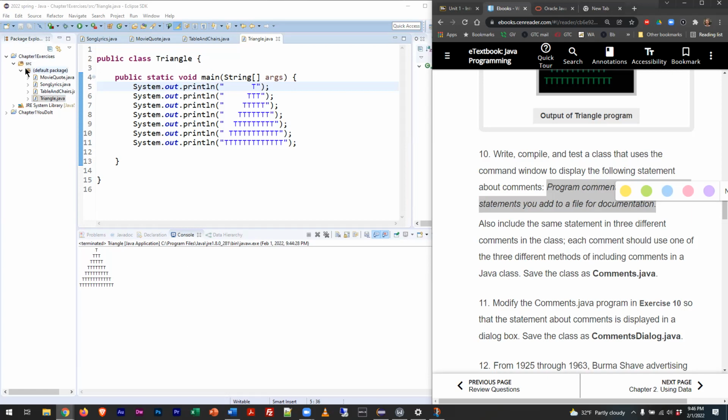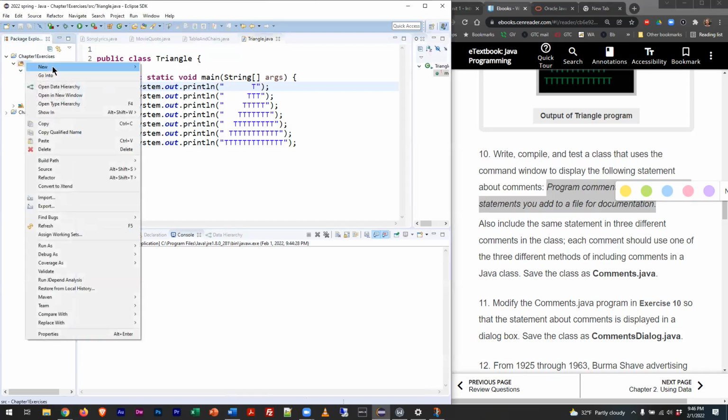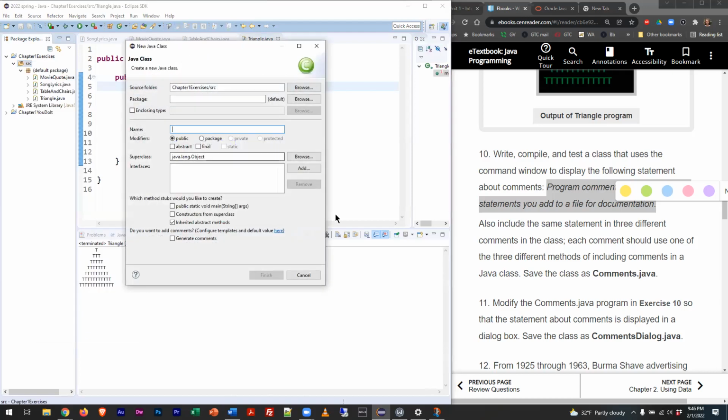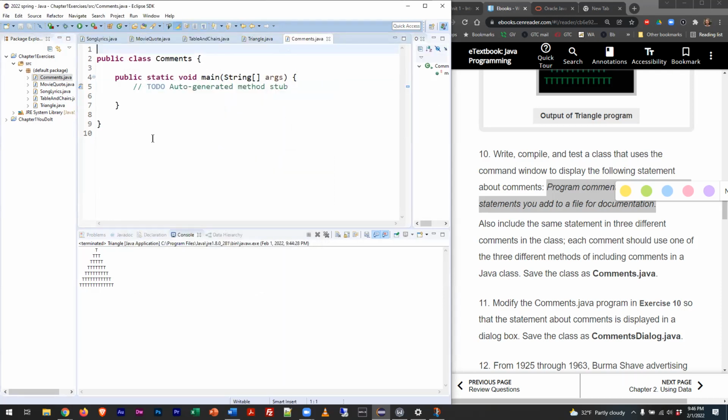So first thing we'll start with is, once again, right-click, create a new class file. And this one's going to be called comments. And of course, caps lock is on, so I'm deactivating and retyping. And we are adding our public static void main. Now, the first task that we have is just to put that one statement into the console window so the program users will see it. So we'll do